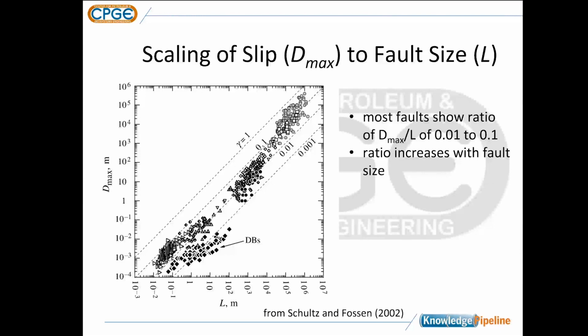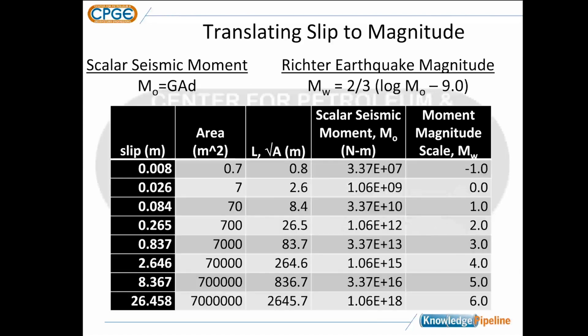So in order to use that, we say, okay, what kind of fault causes what kind of earthquake? Well, I've got a chart here. It's a little bit busy, but basically I've got an equation called the scalar seismic moment. This is a way for us to calculate magnitudes of faults based on their dimensions. This equation is M naught, written up there in the corner, equal to G, which is the elastic property of the rock, the shear modulus, A is the area of the fault, and D is the amount of slip.